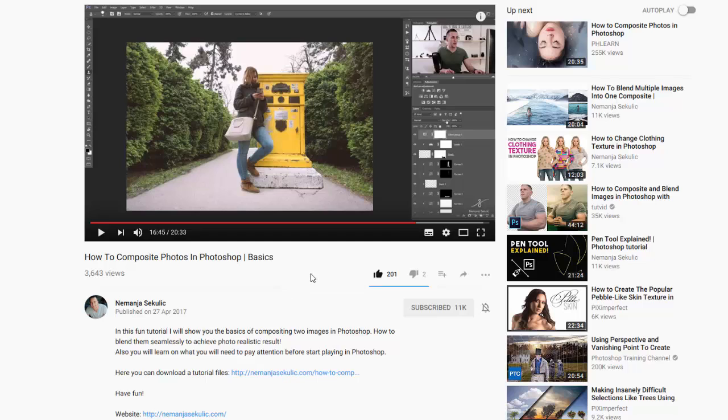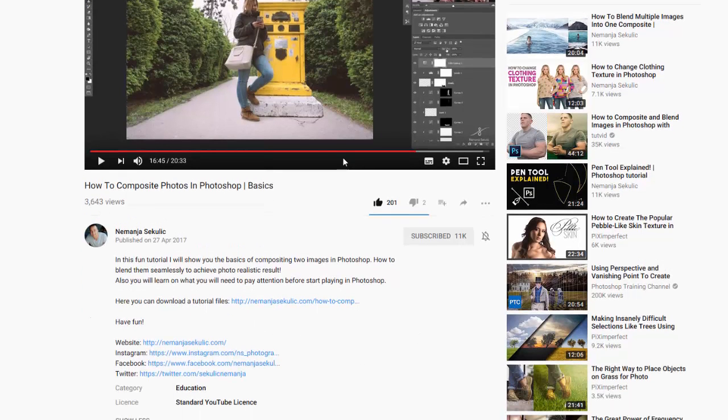Basically what he's done is take this picture of this girl and the post box from some street scene, and he's added it to this path image, and he also added this crack in the pavement here. Now, there is a link on this page